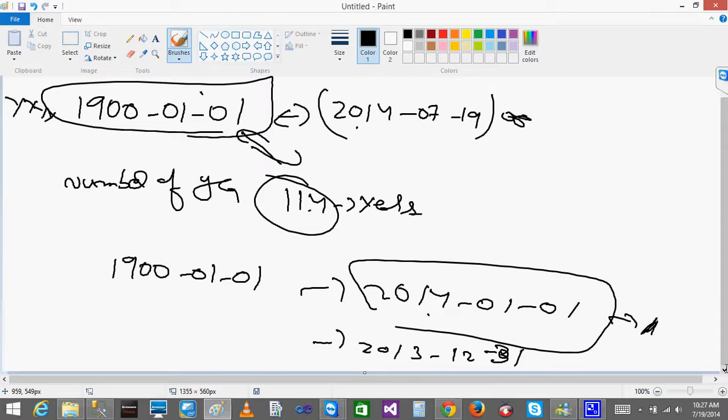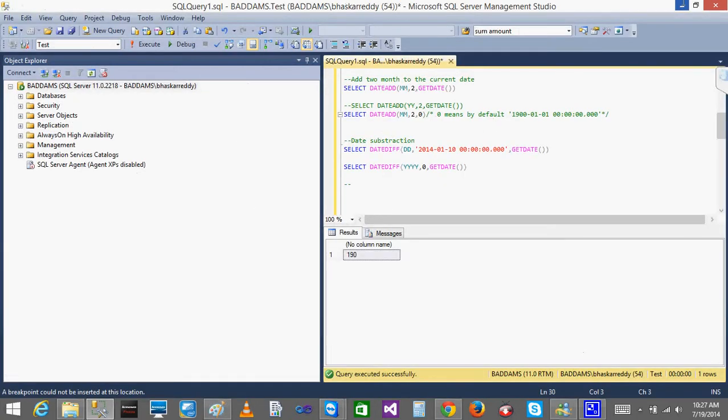Likita. So this is the thing we are going to do in multiple steps. First we are going to subtract and we are going to get year. That year we are going to add this. When we add that year, we will be getting this year first date, this year starting date, and after this we'll subtract 1 day from this. When we subtract 1 day, we will be getting the last year end date.